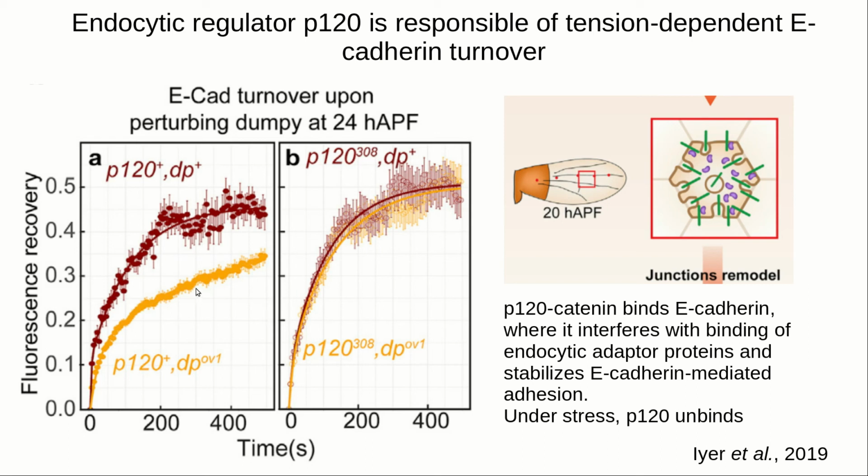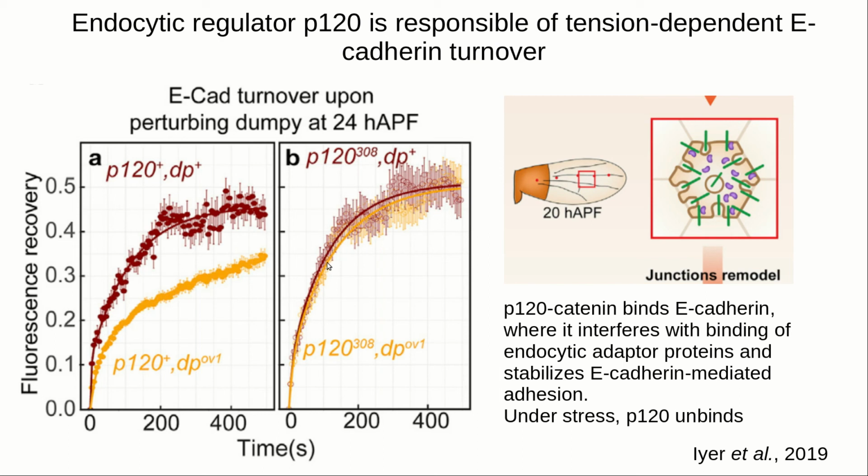So when they measure this, this would be a wild type again, and then the dampy mutant. So the dampy mutant has a lower recovery rate. But if they measure recovery rate in a P120 mutant and a double mutant, they see how in the double mutant the recovery rate is the same. So the effect of dampy is reversed,